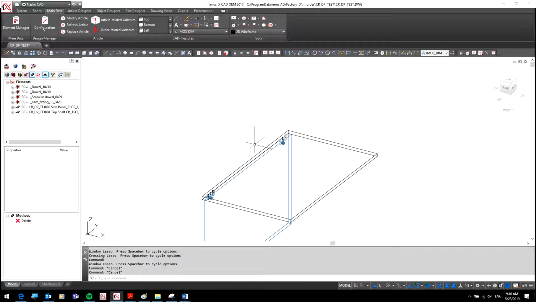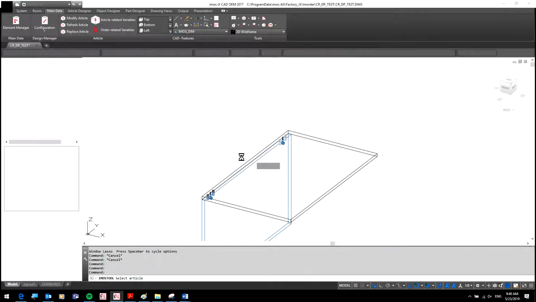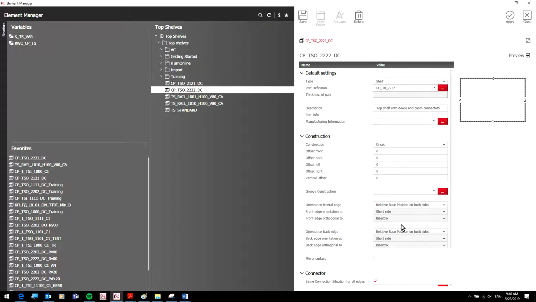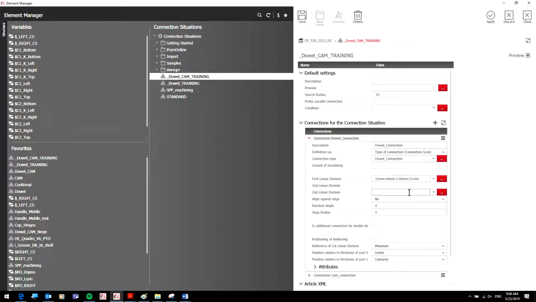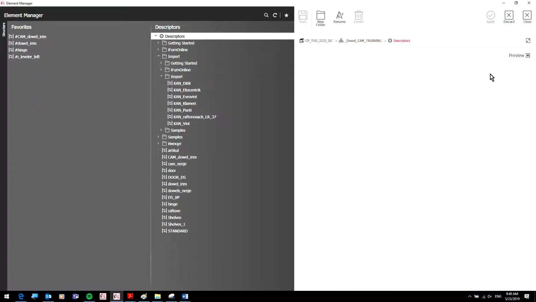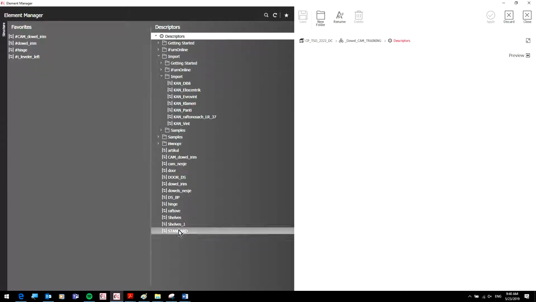Right, so for that we have to go to our connection situation. This one here, and say that we don't want just this linear division, right? We want something called a descriptor. So we click here, and now